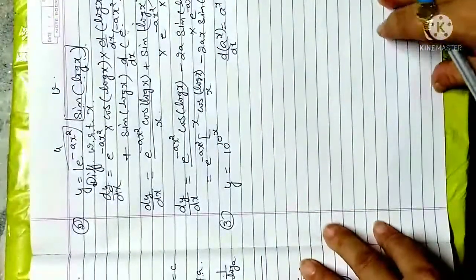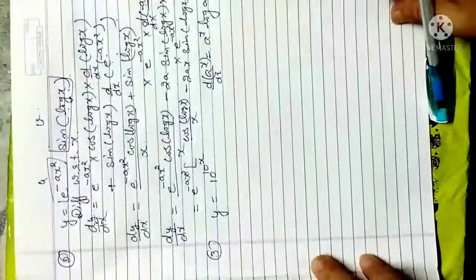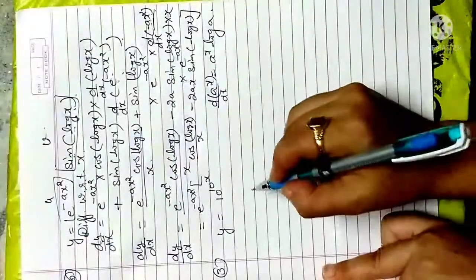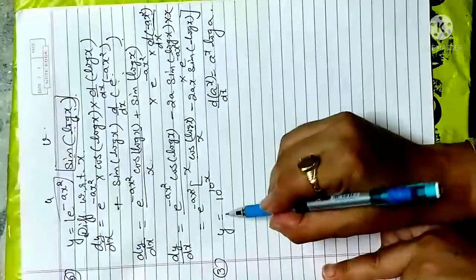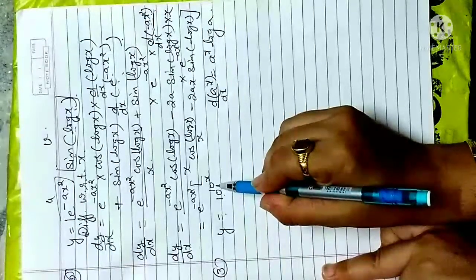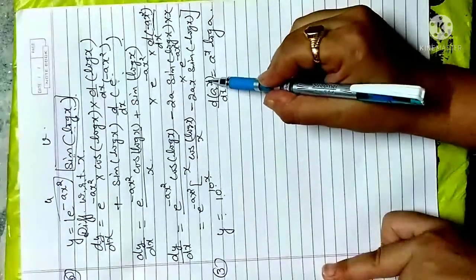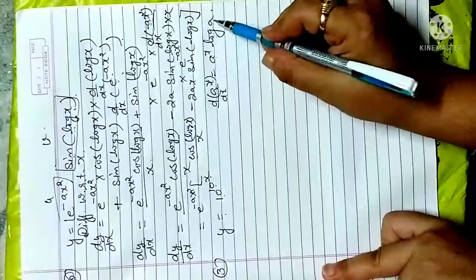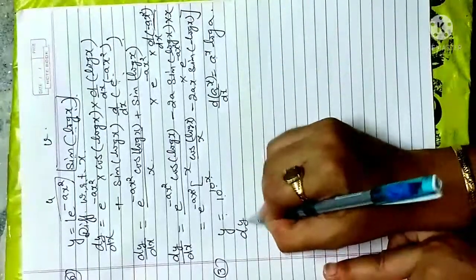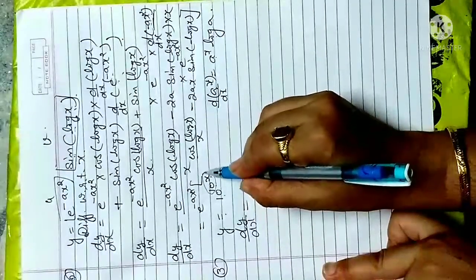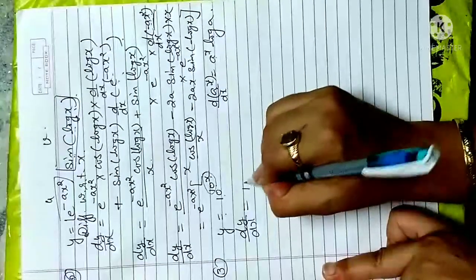Now next is, if we have different exponent terms, then what will we do? So y is equal to 10 raised to power 10x. We apply the formula here, e raised to power x log e. So first I will differentiate with respect to x. I consider this whole term as x. So first it is written as it is,